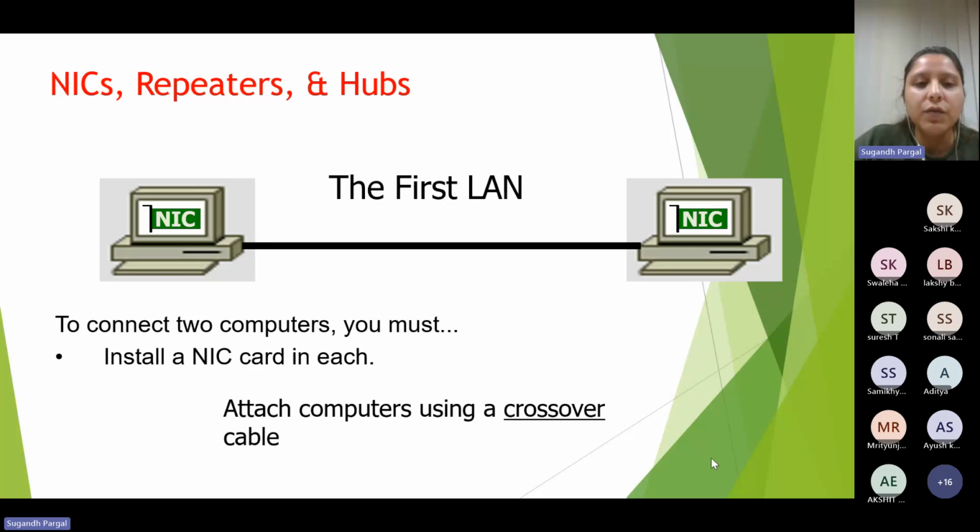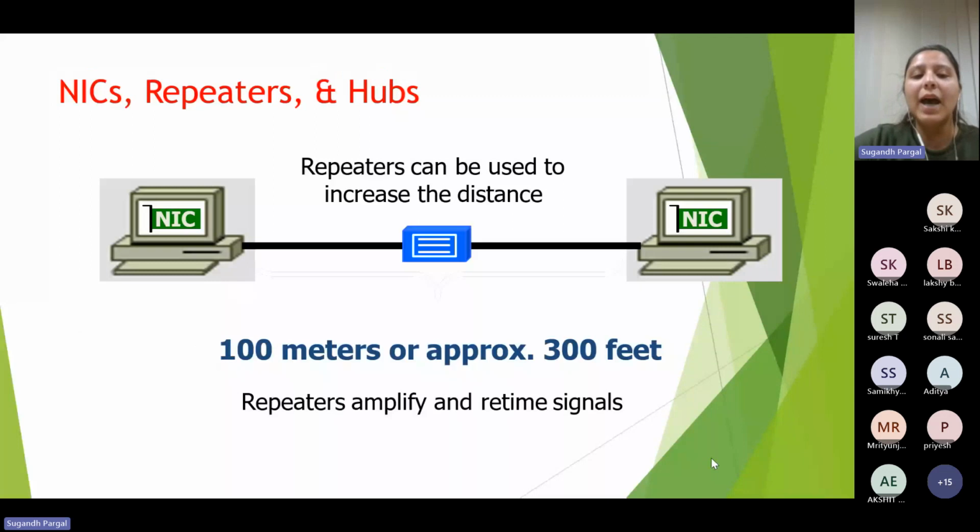The devices which are used are NIC cards, repeaters, and hubs. To connect two computers, you must install a NIC card in each of them. That will attach the computers using a crossover cable. So the NIC card is required to connect the two computers. However, that is not a very durable approach, because for that purpose you need to place the computers very close